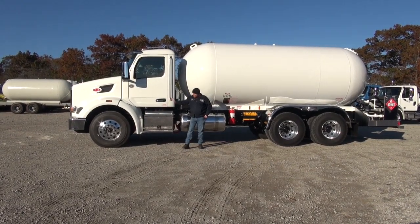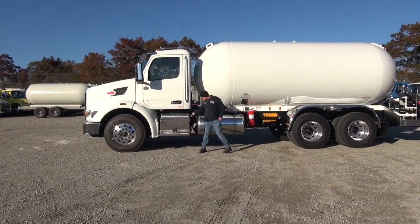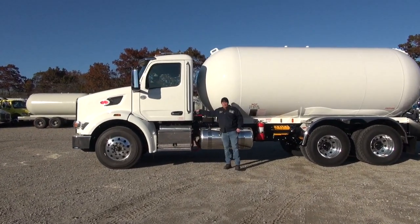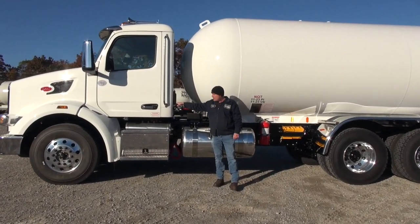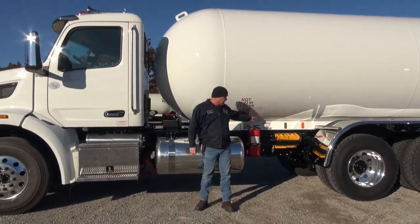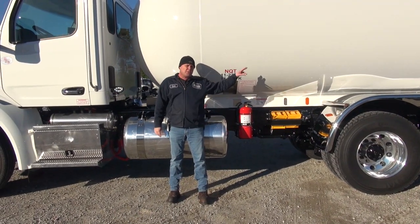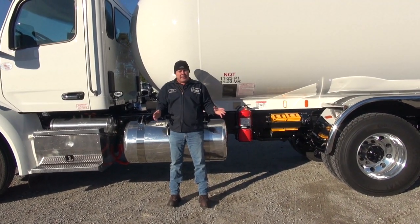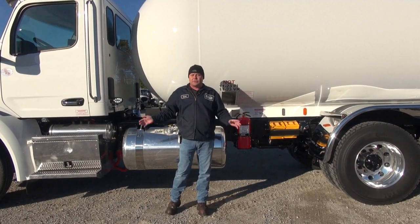Again, we've got the aluminum wheels, aluminum steps, aluminum air tank, fuel tank. We've got our work lights. These are on factory rocker, right to the left of the steering column, along with the strobe lights as well. So these illuminate the side of the truck. We've got 2 on the rear head of the tank that light up the back area, the workspace. So as soon as you get out of your truck on those night deliveries, you can see where you're walking,